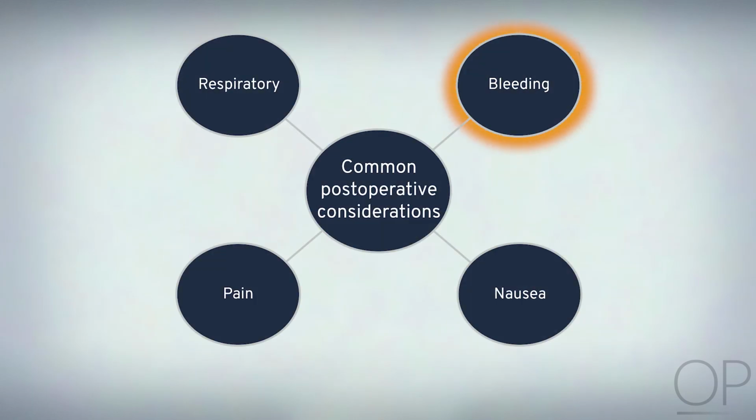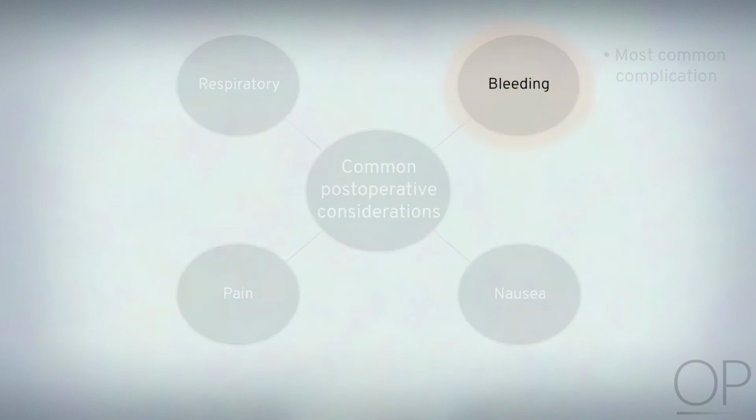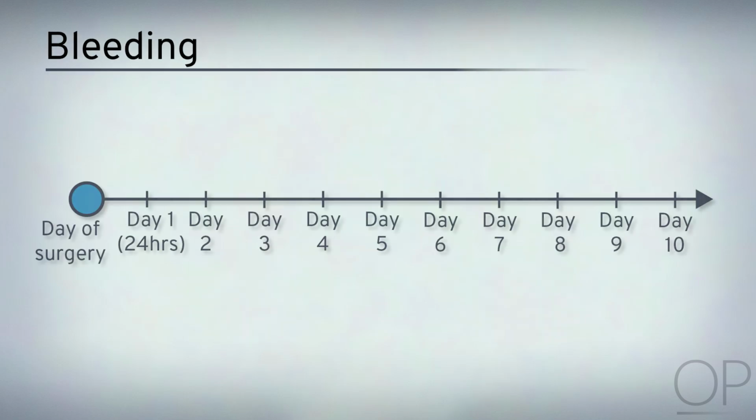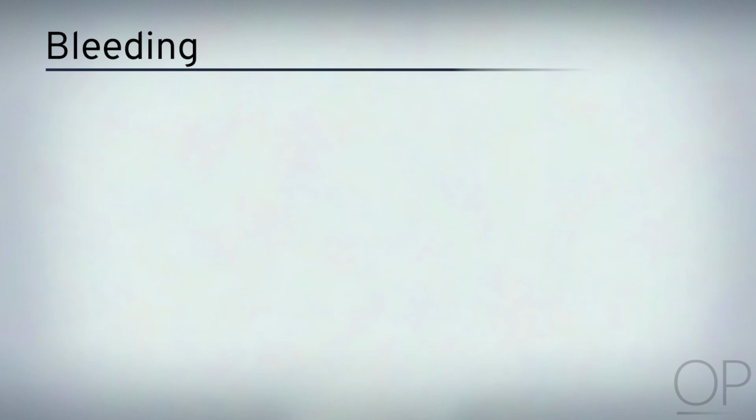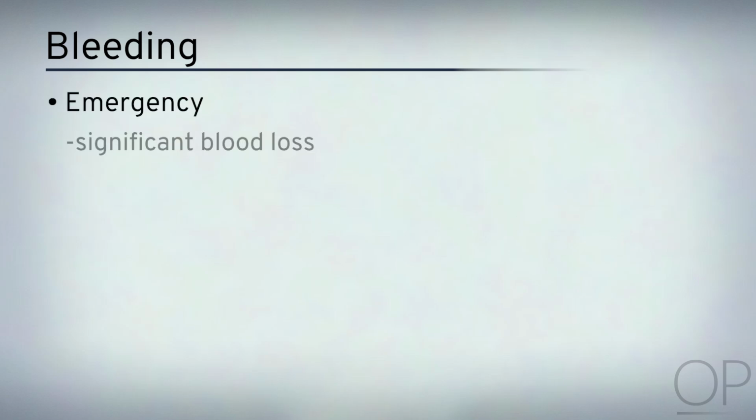Bleeding is both one of the most common and most feared complications following tonsillectomy. Bleeding which occurs immediately postoperatively within the first 24 hours is referred to as a primary bleed. Secondary bleeds are much more common and typically occur between 5 to 10 days after surgery when the eschar begins to fall off. Postoperative bleeding is considered an emergency as it can lead to significant blood loss, airway obstruction, aspiration,